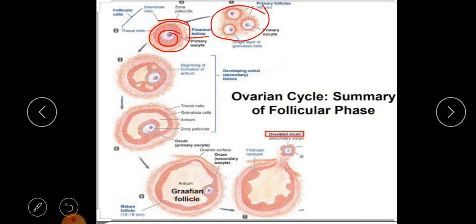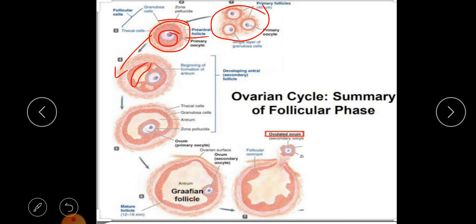Okay, and also it is forming slowly, it is developing the thecal cells formation. Okay, and next, what happens at the beginning of the formation of the antrum, when the primary oocyte slowly reaches the next stage, there is a slight, small development, that is the initial development of the antrum space that is going to form.